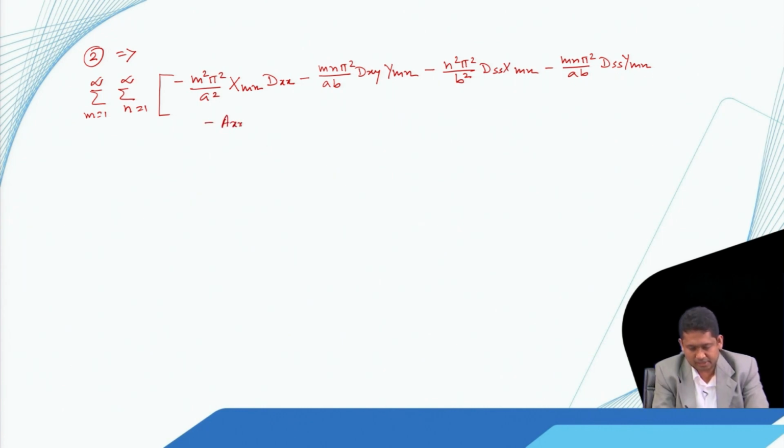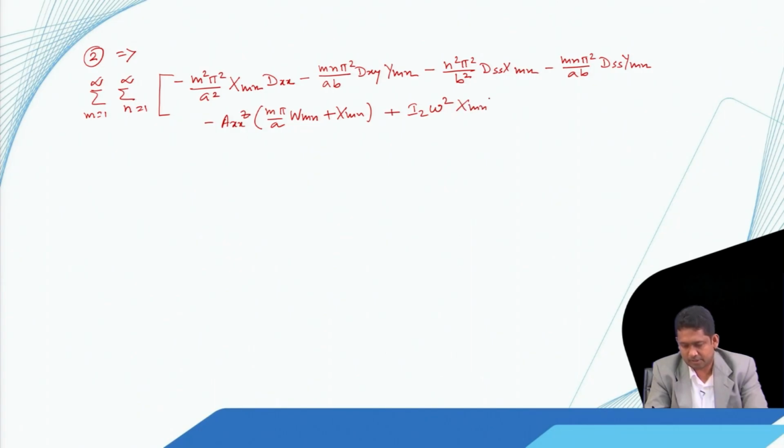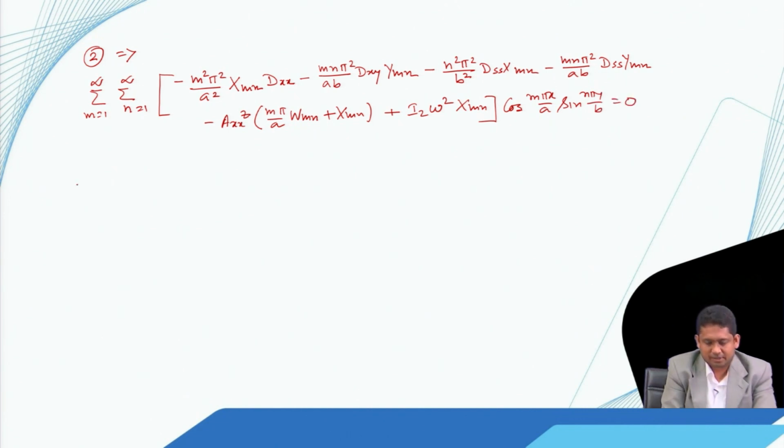Then minus A x x of z, m pi by a W m n plus X m n, and then plus I 2 omega square into X m n, everything multiplied by cosine m pi x by a sin n pi y by b equal to 0. Then we have the third equation, and from this we get